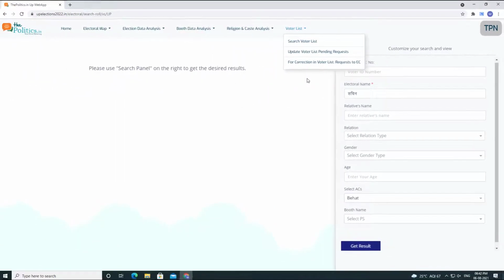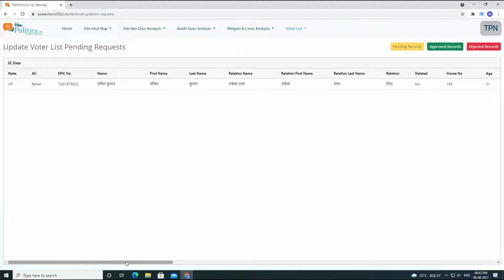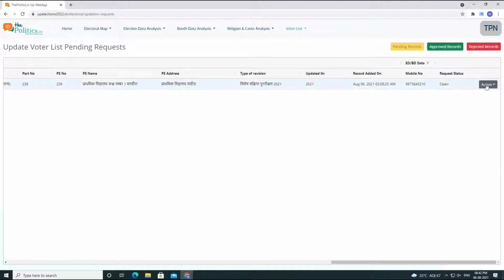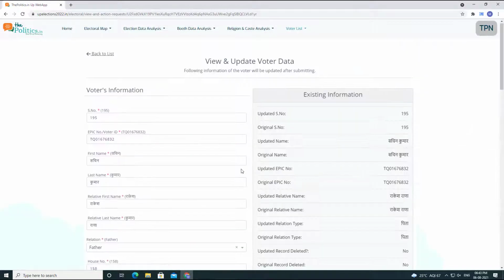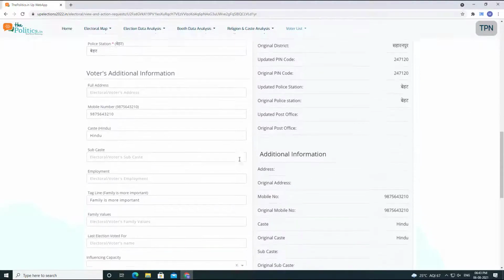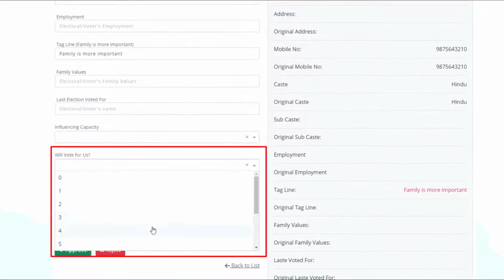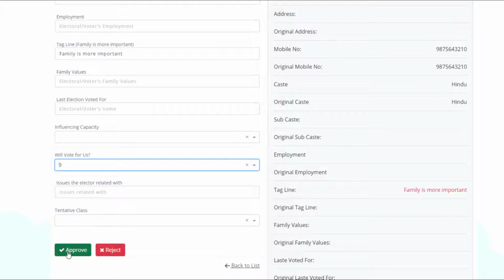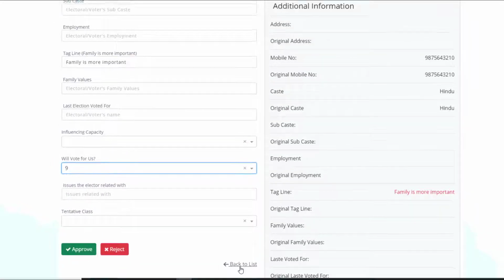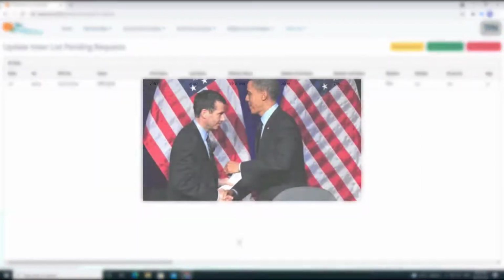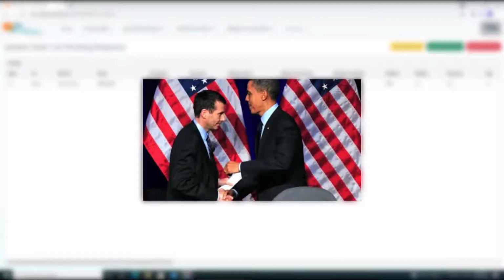In this menu, a booth executive can search the respective voter list of the booth, make changes in the voter information, add relevant information about the voter and, while interacting with voters, can assign his preference about the political parties and leaders, and this whole information will add to the database in real time, accessible to all in the war room. This is akin to Obama election 2008, revisited.